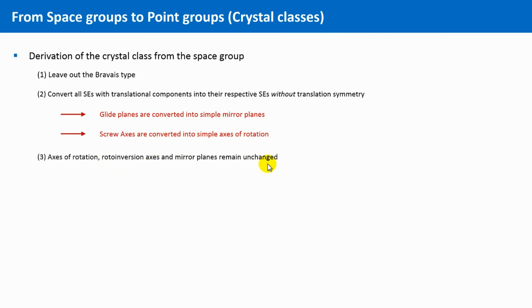Let's practice this with one example. A crystal may belong to the space group P 2_1/n. So, what is its crystal class? Well, we leave out P, then the 2_1 screw axis has to be converted into a pure rotational axis of order 2, and finally the glide plane n becomes a simple mirror plane. Altogether 2/m. Isn't this simple? Great. But now back to the mentioned relationship between the